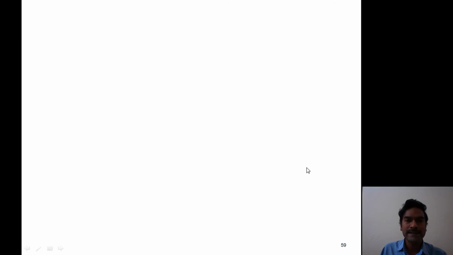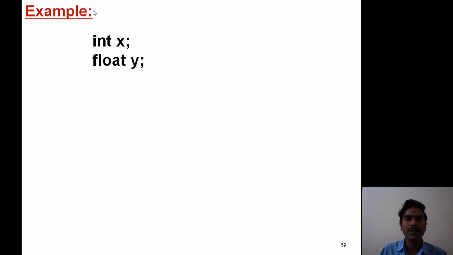Let us consider this example. Here, we are declaring two variables. One is x as integer data type and another variable y as float data type.